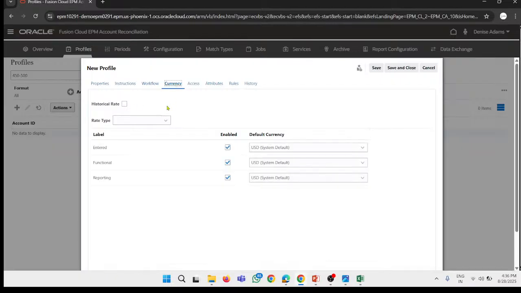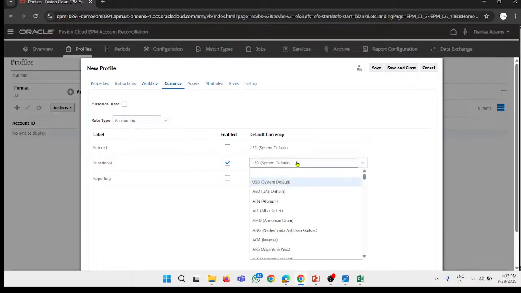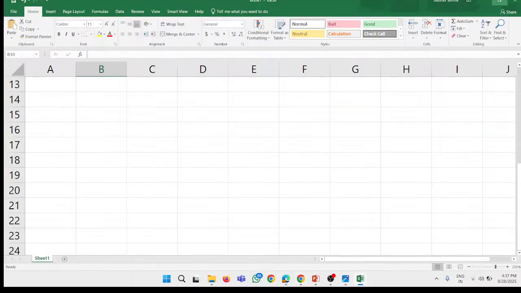So in currency tab, first we have is the rate type. Yesterday only I created the rate type and I explained to you what is entered function and formatting. This option you only enable when there is a need of multi-currency, otherwise just uncheck this. We are working on functional, so we'll be selecting this enable and we will be picking our currency. USD is my currency because,